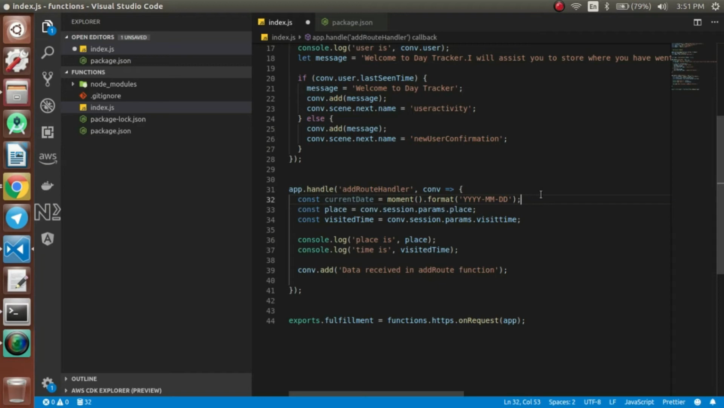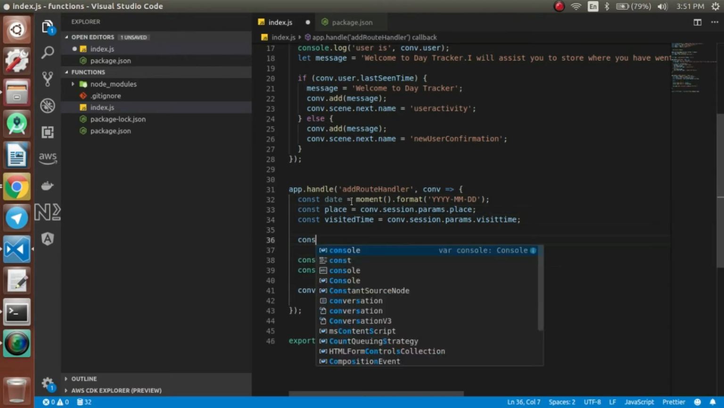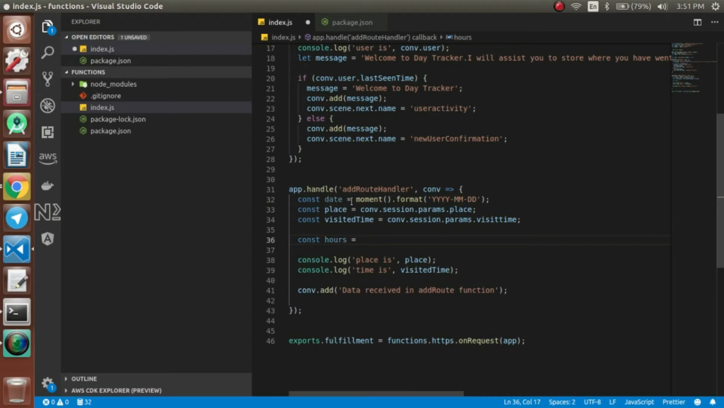And now you can name it as current date. Instead of current date, you can give it as date. So now we have the place. Then we need the hours and seconds. So now we'll give the name like hours equal to